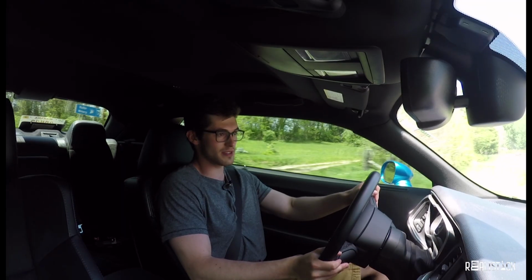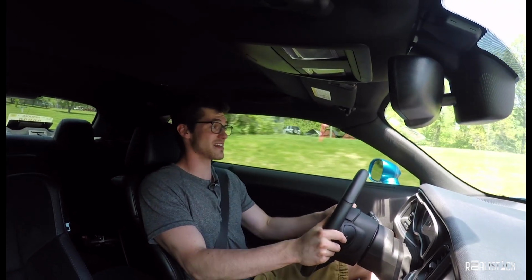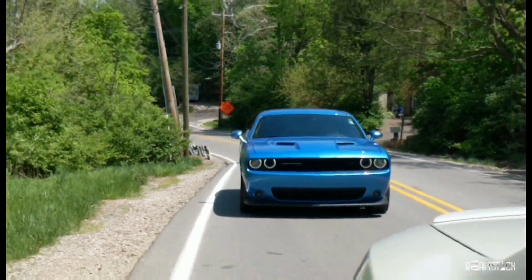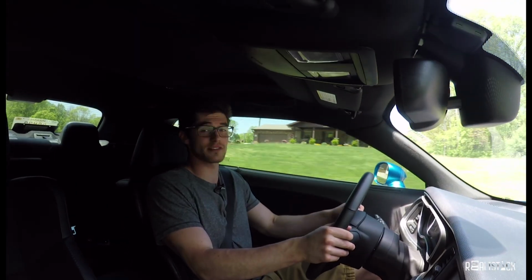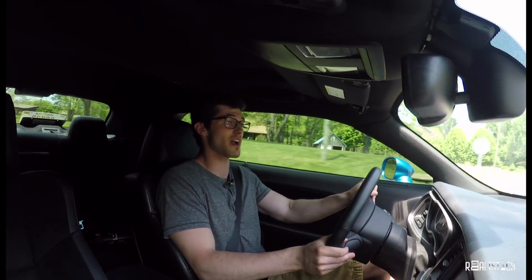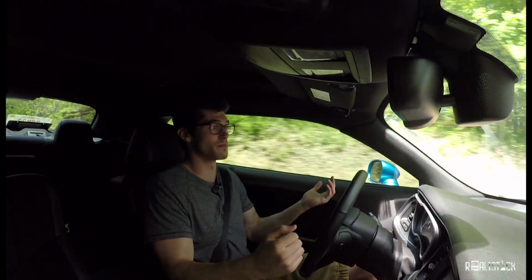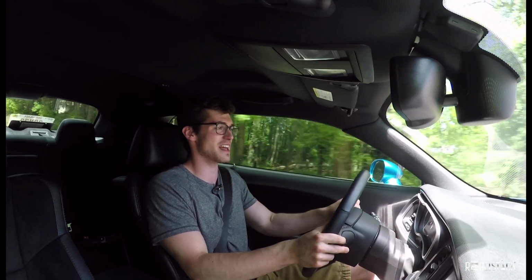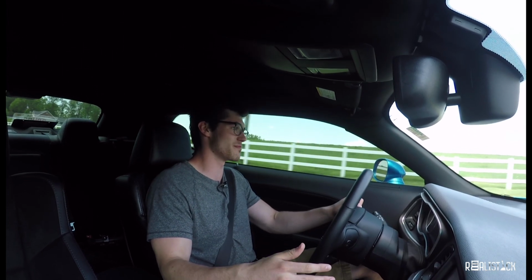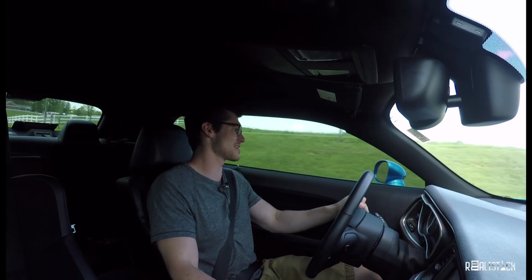It's a little loud with the engine. It's always kind of there, but the seats themselves, the ride, it's all pretty comfortable. It's not too stiff. It's definitely a plus for the Dodge being a Dodge, where it's not trying to be a track car. It's not trying to beat you up through everything. It's not like that. I can't sit here and talk about comfort and livability because it's also a Challenger. So that means